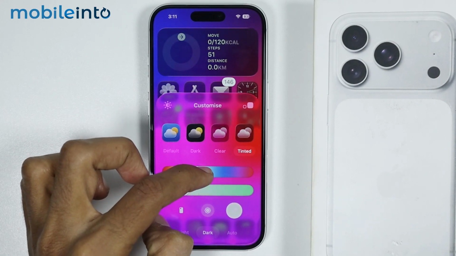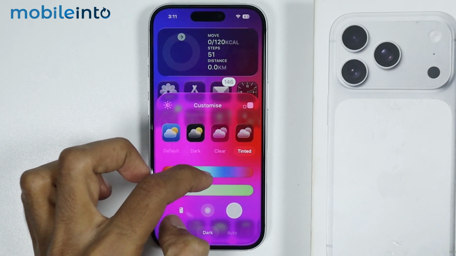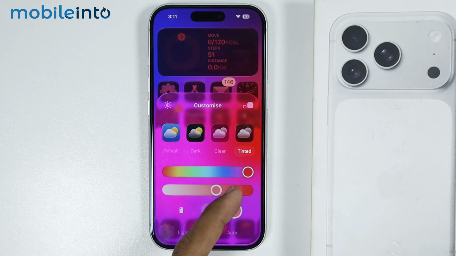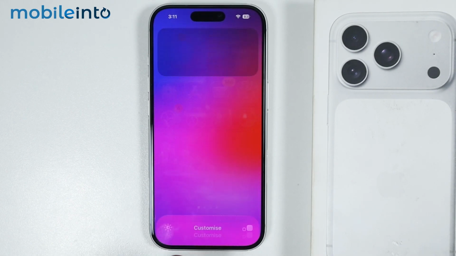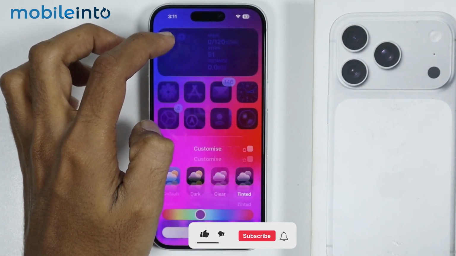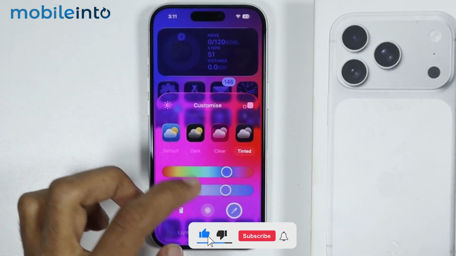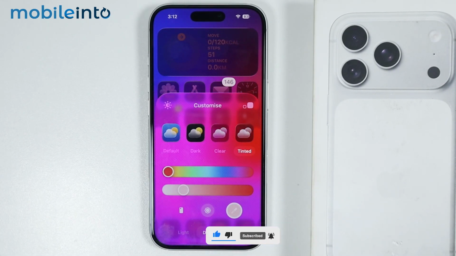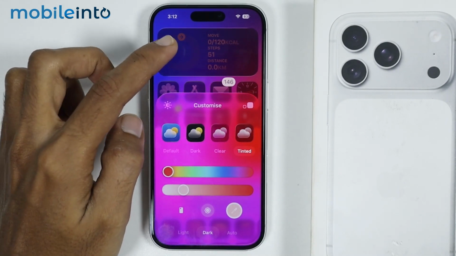Now as you can see, from here, you can change the color of the tint, and from the slider, you can increase or decrease the intensity of the tint. And also you have the option of the eyedropper tool, and by using the eyedropper tool, you can select a color from the background to apply it on your app icons. Just like that. And once you're satisfied with your app icon color, just tap on anywhere on the screen to